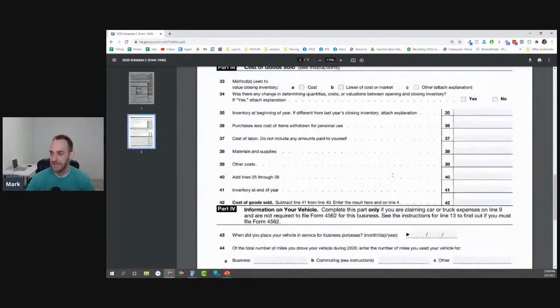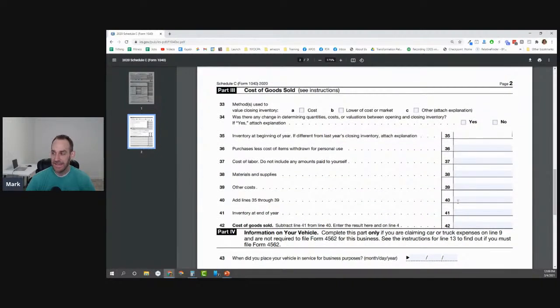So if you scroll down, you can see the way the IRS lays out inventory is the cash method. It's your beginning inventory, so let's say that's 0, plus your purchases, let's say that's 10,000, minus your ending inventory. Let's say your ending inventory is 4,000. So if you purchase 10 and you're left with 4, what does that imply? That implies that you sold 6,000. So they're using a formula: your beginning inventory plus your purchases minus your ending inventory equals your cost of goods sold. So this is what you can actually deduct